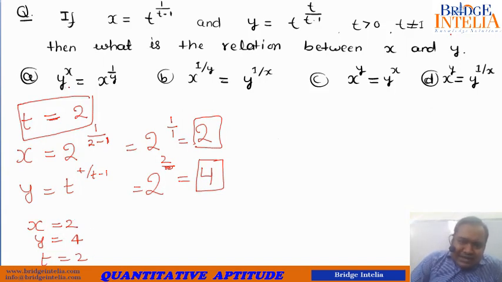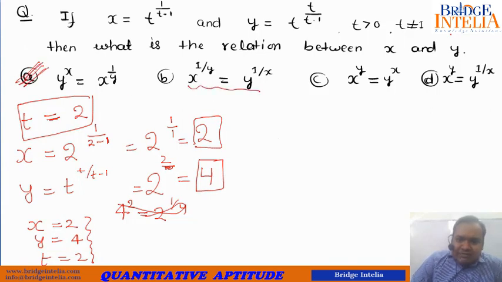So let us see, is this valid as per these dummy values? Is y to the power x, so y is 4, y to the power x, actually equal to x to the power 1 by y? Definitely not. So this cannot be the correct answer. Now let's try to verify this. x, that means 2, y, that means 4. So is 2 to the power 1 by 4 equal to 4 to the power 1 by 2? Definitely not. So option B is also not the correct option.